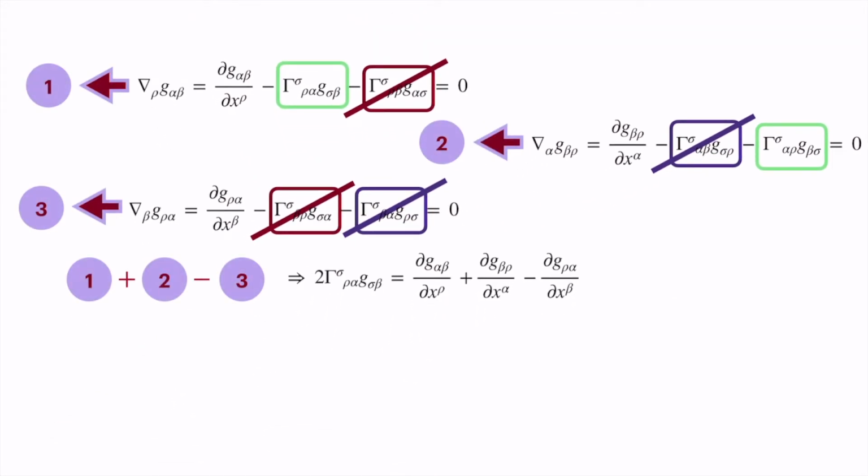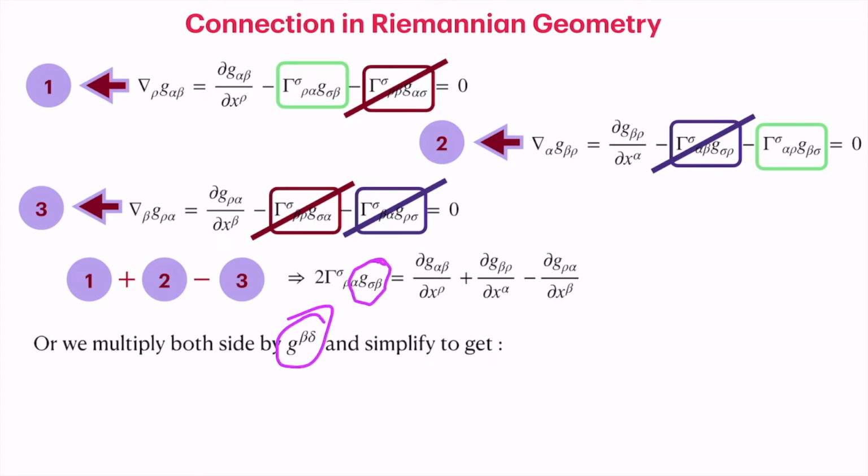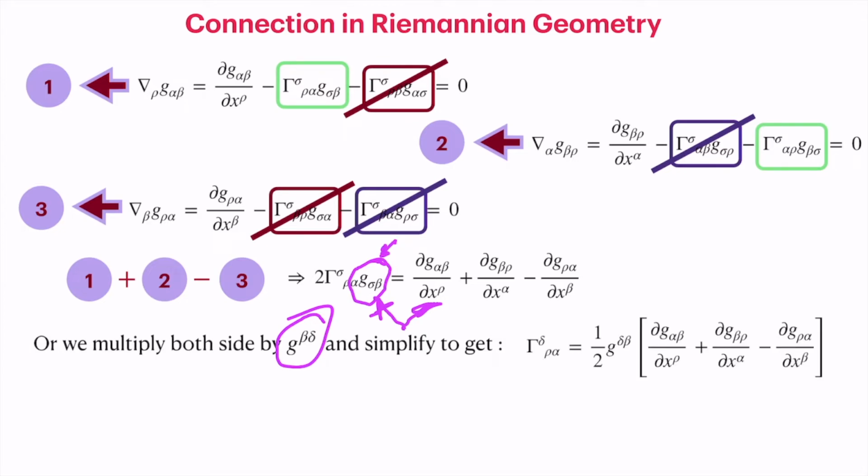Further, we can get the connection between the metric and the connection coefficient. So all we have to do is multiply by g beta delta here. We have done these tricks earlier. Now we multiply this on both the right and left side. On the right side there is no simplification. On the left side we get the Kronecker delta, and we can simply rewrite the equation as gamma delta rho alpha